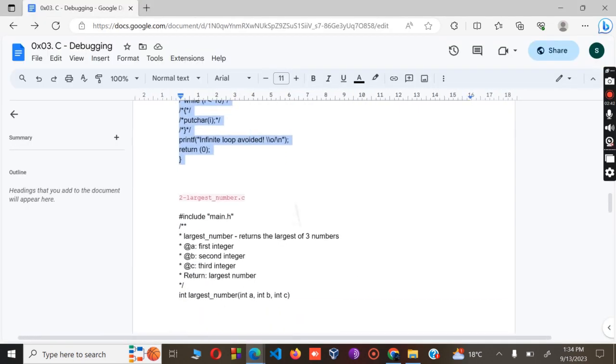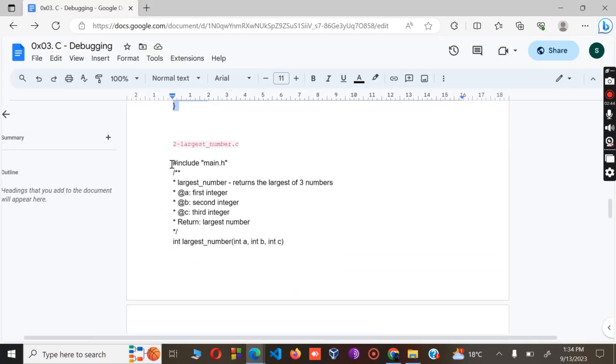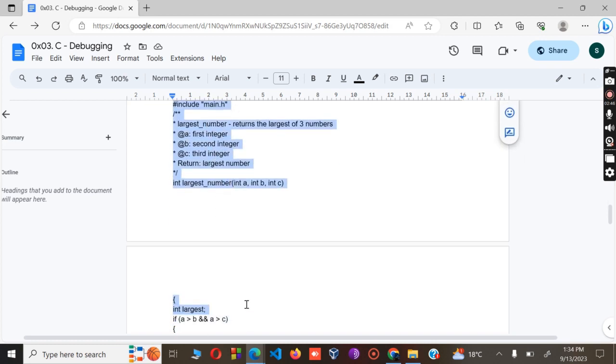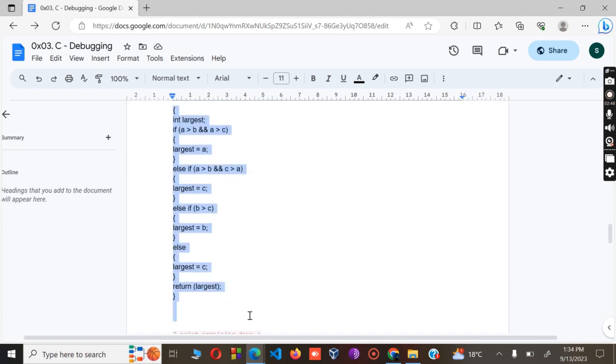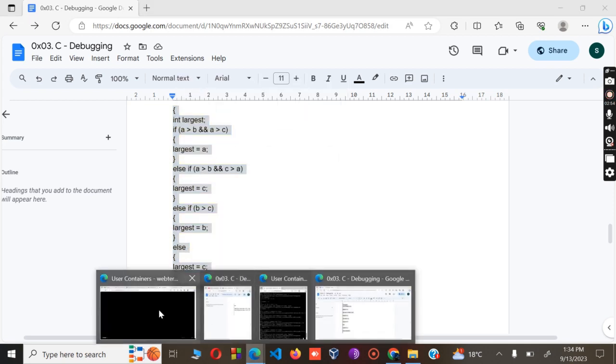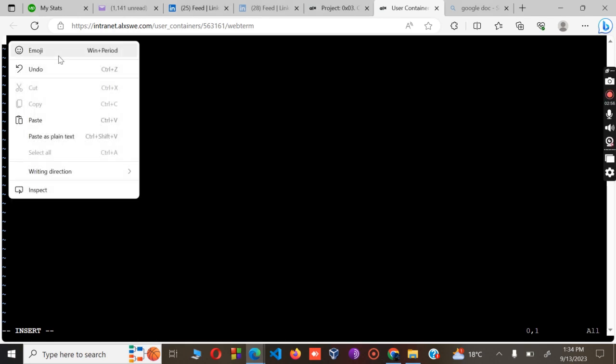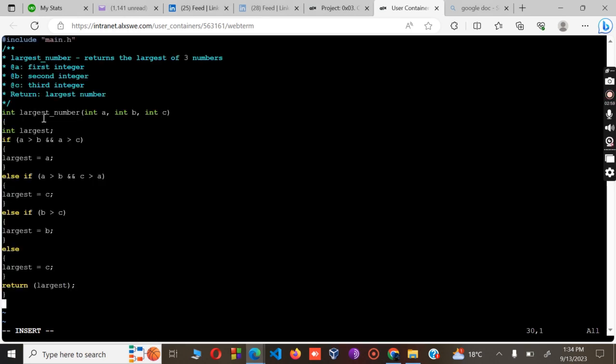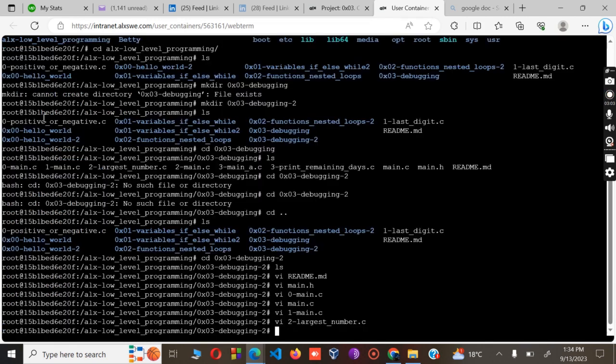You don't have to worry about how to go about the codes, also the typing. Copy. Then I will paste, escape, colon, wq. Then the next part,